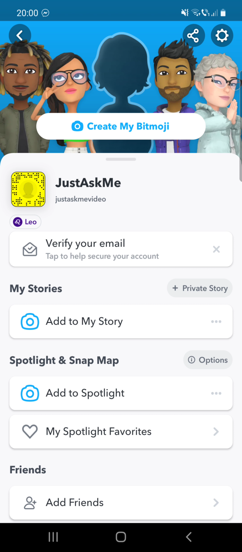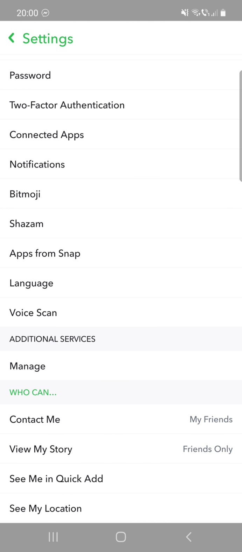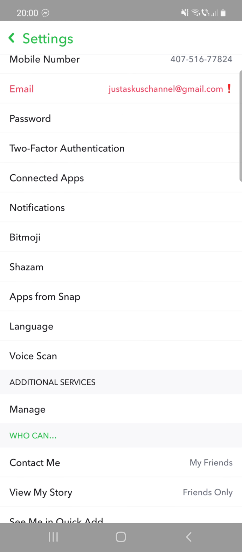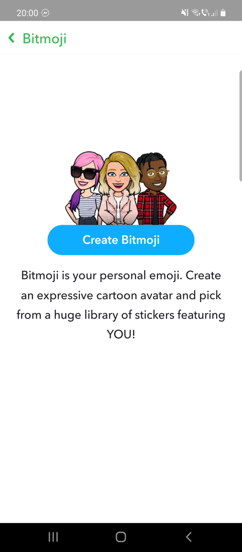First go to your Snapchat. After that click on your profile. After that go to the settings and scroll down. And here you can see the Bitmoji option. Click on that,